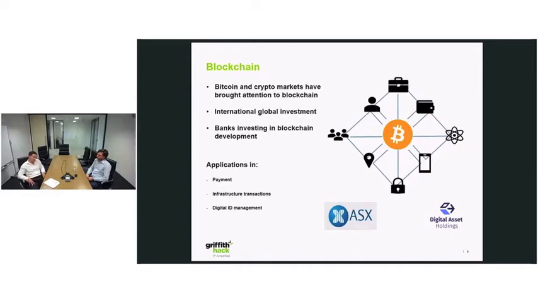A good example for Australia is the partnership between the ASX, which is our stock exchange, and Digital Asset Holdings, a New York startup company. They're a New York startup, but they've got a very high-credential team with some influence there from JP Morgan as well. Digital Asset Holdings are working with the ASX at the moment to create a settlement platform for the stock exchange. That's exciting for us in Australia because it's the first stock exchange in the world that has looked to implement blockchain as part of its settlement infrastructure.